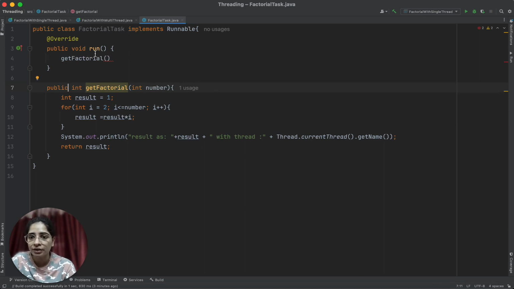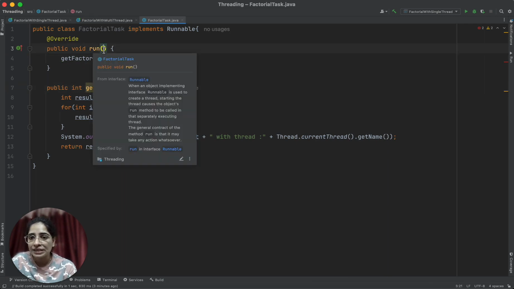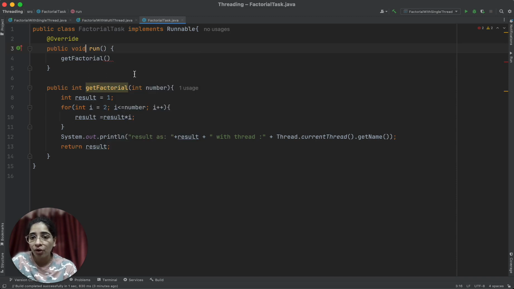I'm calling it not from the static method. Now the point is, if I want to call this factorial method as a multi-threaded program, I'll have to call this method from this run, so that this factorial method can get executed in a multi-threaded pattern. But now how can I pass this number, if I cannot make any changes with the run method? I cannot pass anything inside this run method. Then from where will this number come?